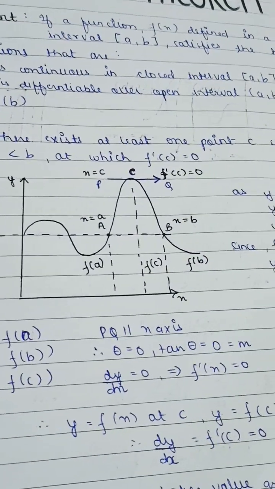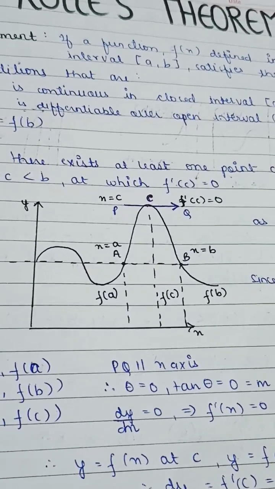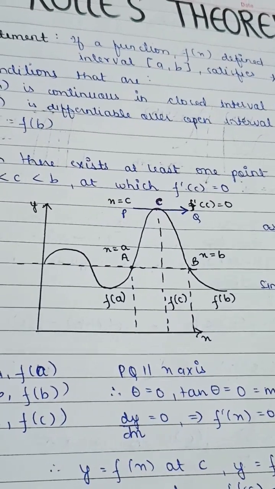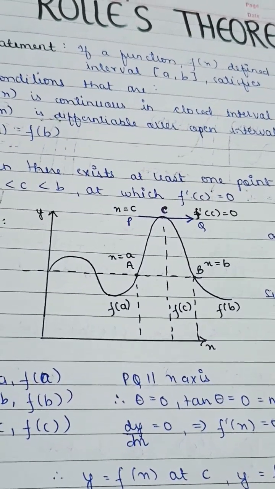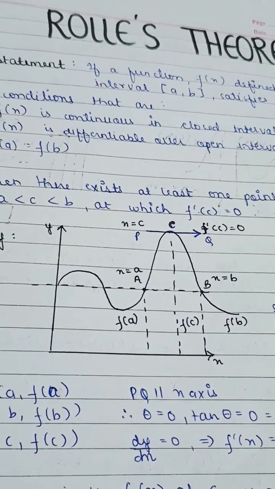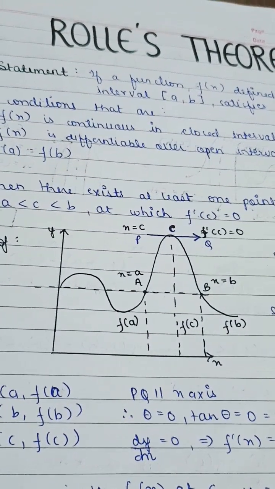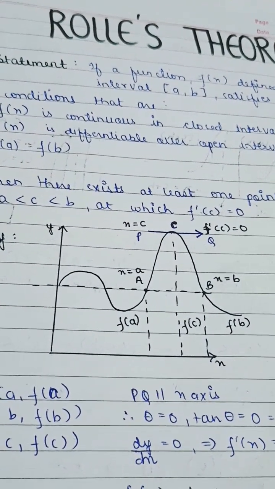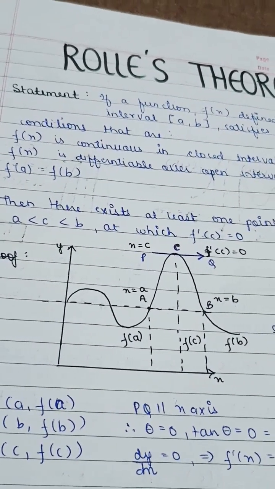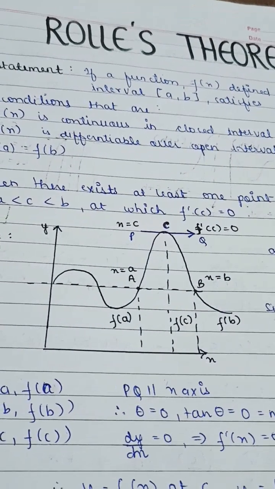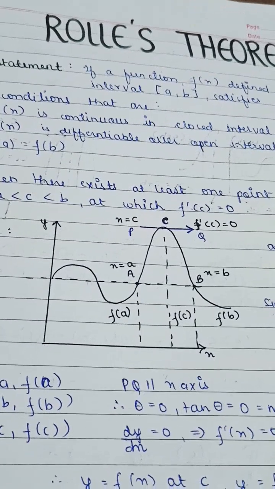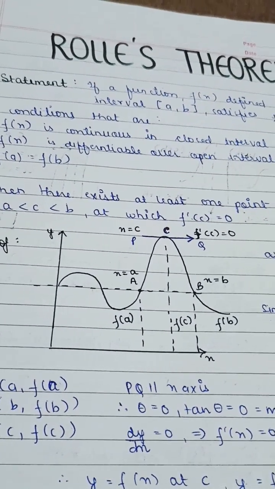So if we start from point A in the figure, where f(x) again takes the value f(b) equals f(a), and f(b) equals f(c), in which the y coordinates are the same, a and b having the same value, therefore f(a) equals f(b). Now it must cease to increase at some point C, where x equals c, such that a is less than c and b is greater than c, and begin to decrease